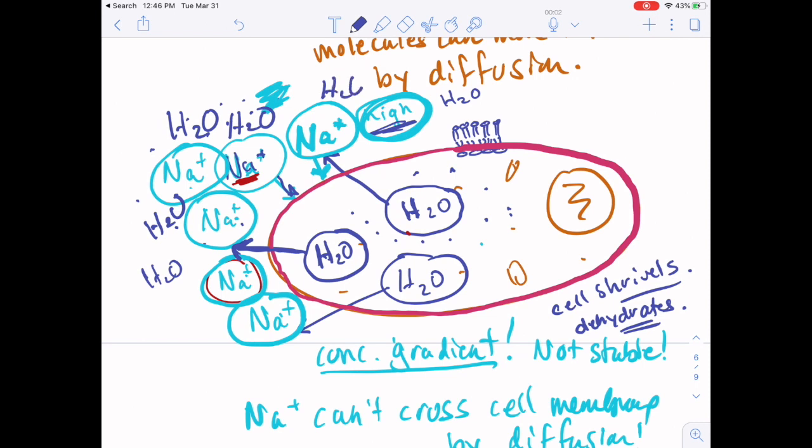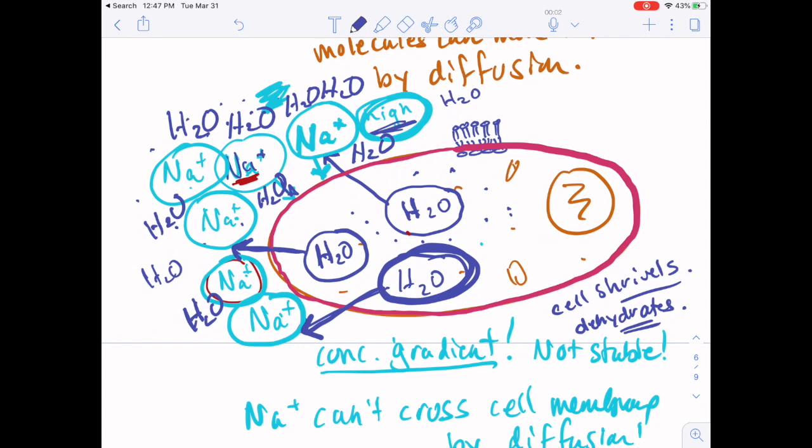Can you see that as I'm adding a whole bunch of water out here, the sodium concentration will at least go down a little bit? That's osmosis. Osmosis is the diffusion of water across a semi-permeable membrane in an attempt to equalize a gradient caused